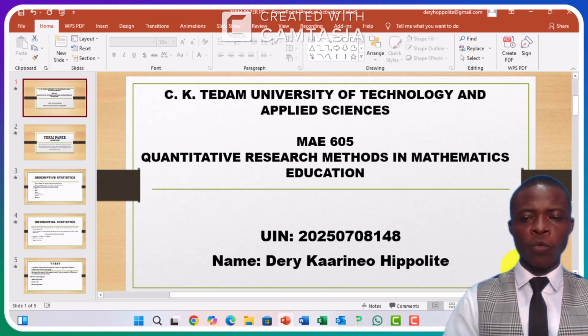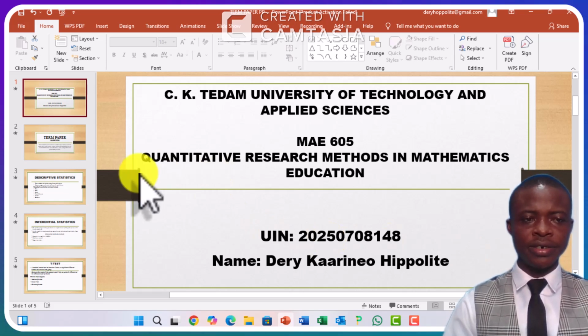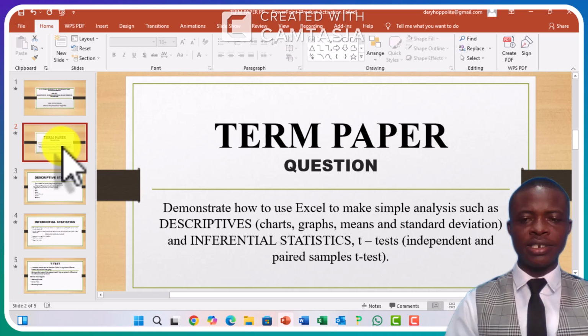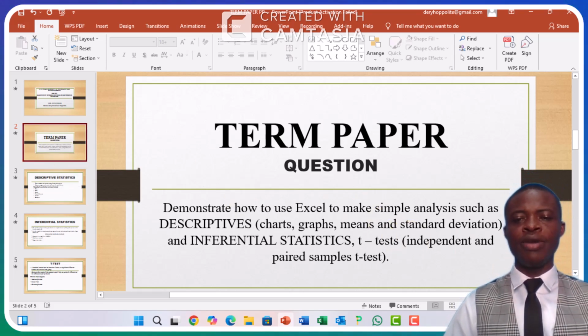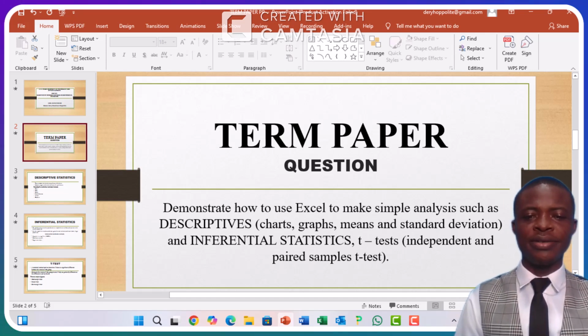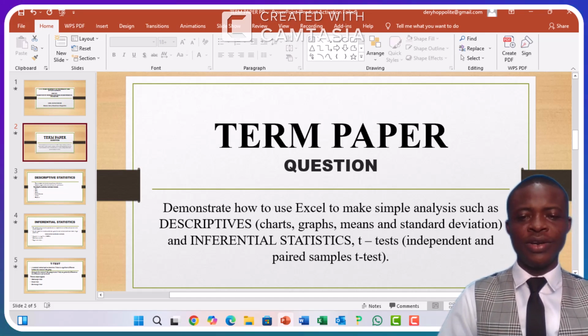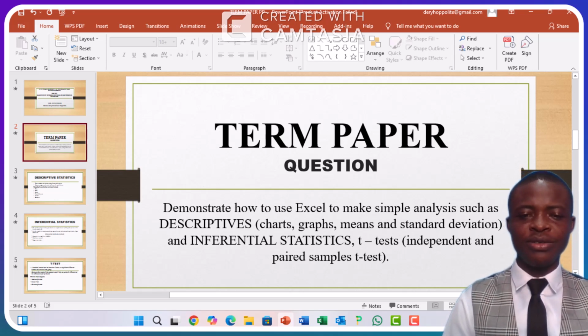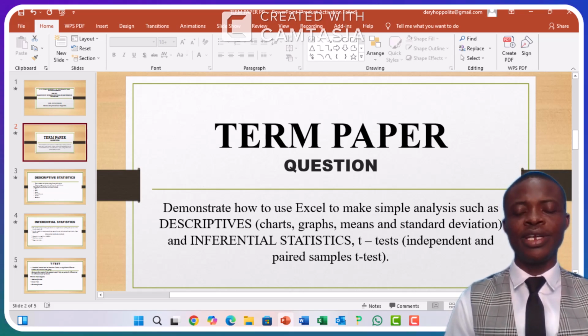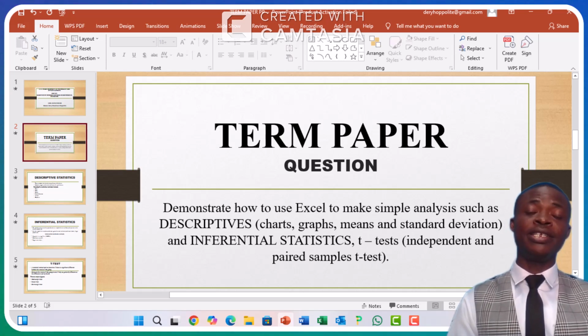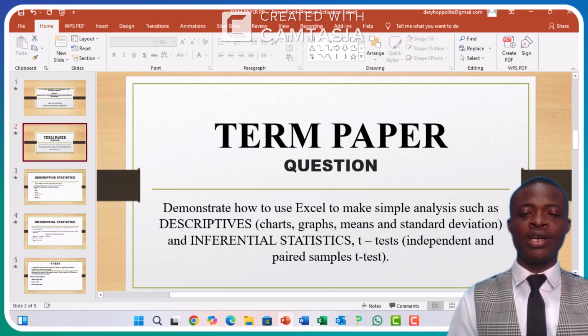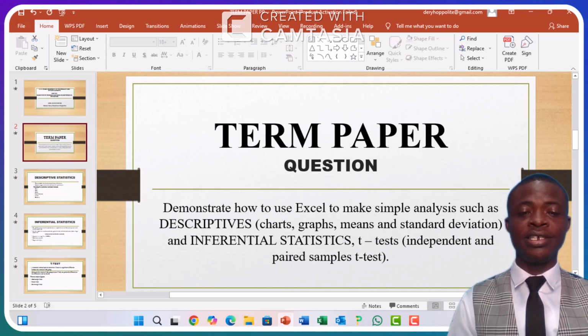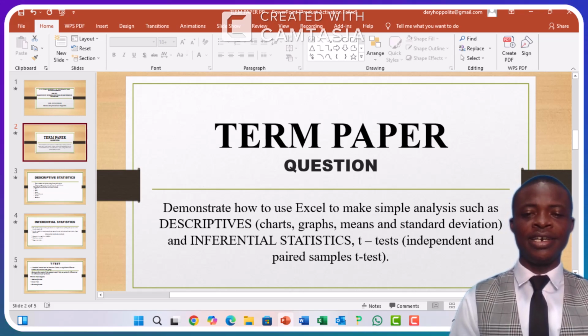Now, let's move on to the question. The question says that demonstrate how to use Excel to make simple analysis such as descriptives and then also inferential statistics. So under descriptives, we'll be looking at graphs, charts, the mean, the standard deviations, and so on. Then under inferential statistics, we'll be looking at the t-test, basically the independent t-test and the paired